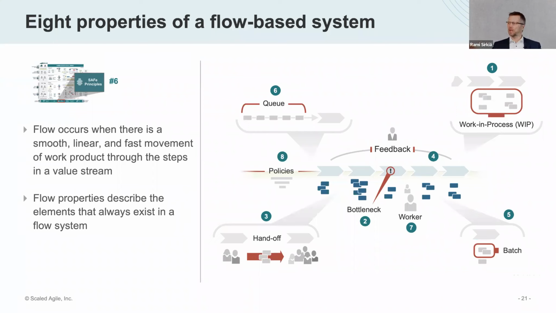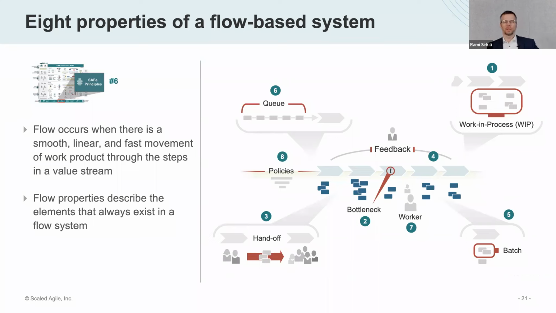So once you understand the value stream, you need to understand the work in process: how many tasks you can actually take at the same time, and should there be a limit. Number 2 is about the bottlenecks. You need to understand the bottlenecks that you are having. It can be information, it can be decision making, it can be technical competence, it can be a system, it can be anything. So the characterization and nature of the bottleneck and where they are.